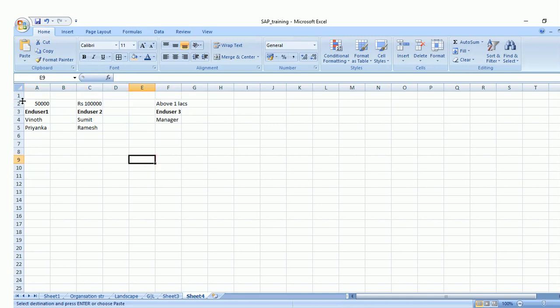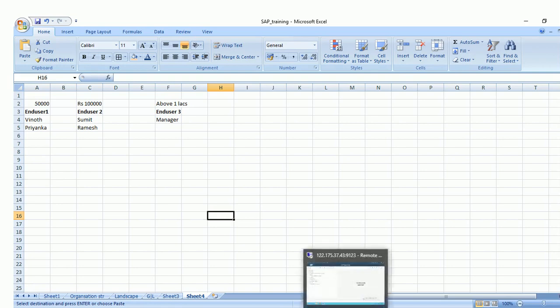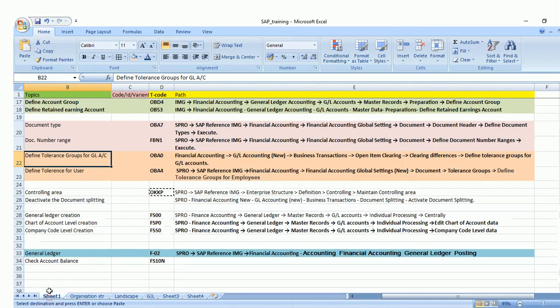So the limit can be decided by the organization. Here, just for example purpose I have mentioned it. So this is just for authorization for the different groups of end user. Okay, let's go to our SAP and we'll understand.